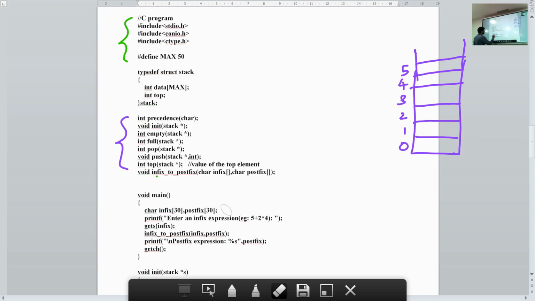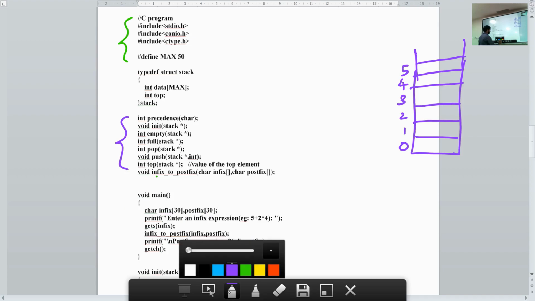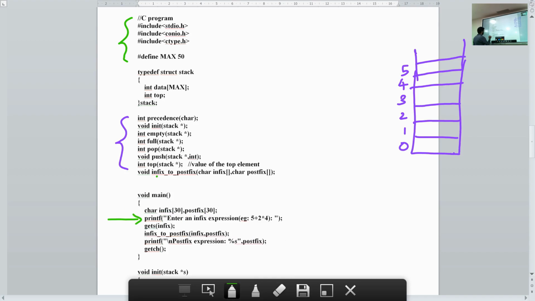In the next step, I take the input from the user. So the user has to enter a valid infix expression. The program is not checking if the expression is a valid infix expression. So care should be taken to enter a valid infix expression.